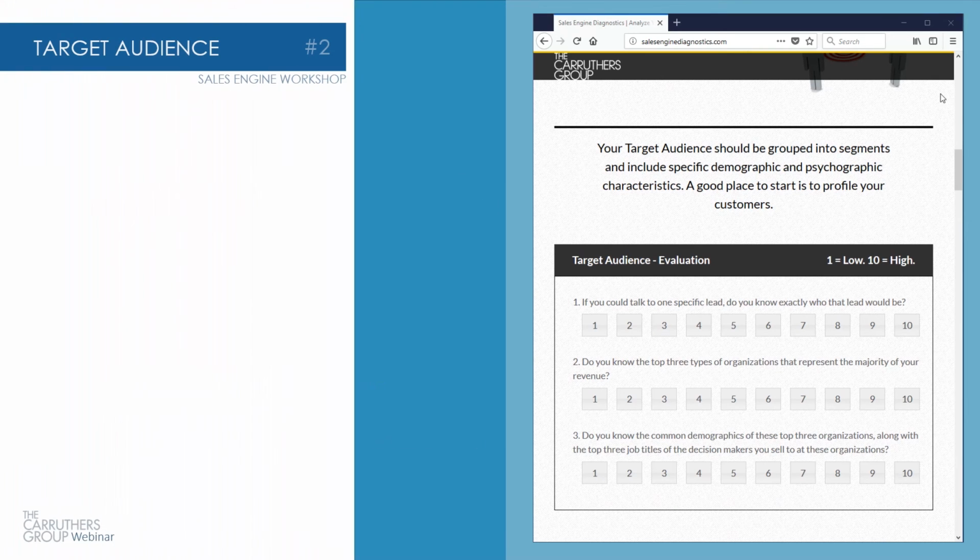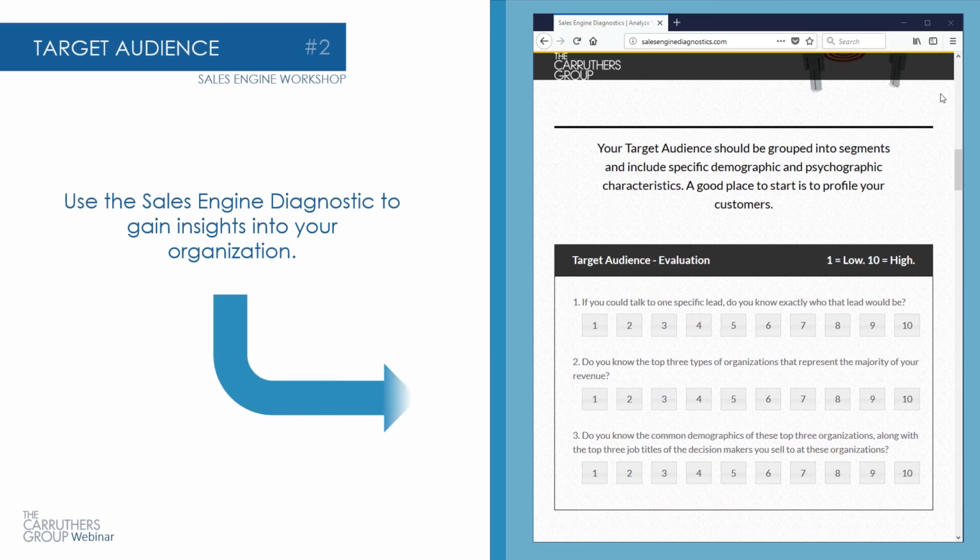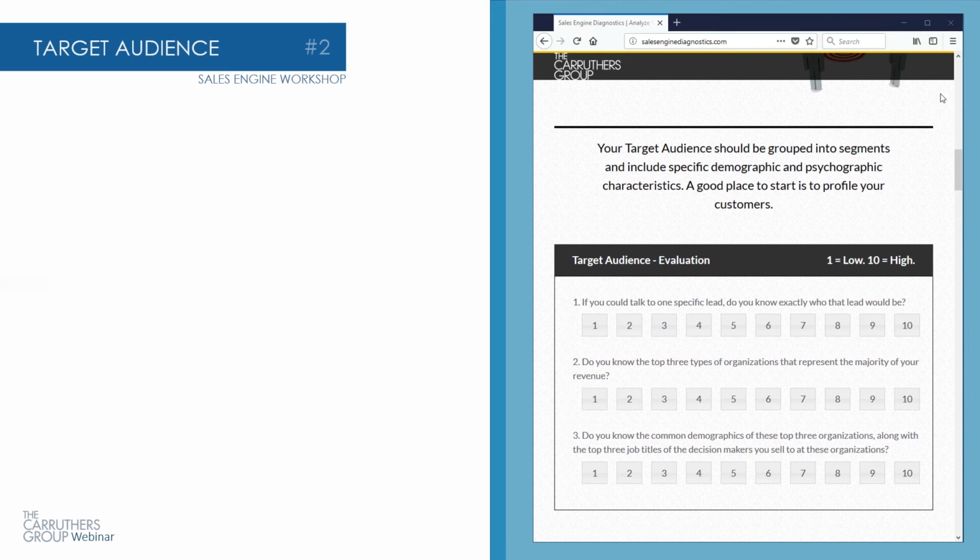It's not the executives. So in this exercise, as you look at your score, if you're a 7 or 8 or 9 or 10, you're probably doing great. Spend a little bit more time, think through it. But if you're less than that, I highly recommend you get your team together, look at your current customer set, and just start finding out what they have in common. Are they typically male? Are they typically female? Are they regional, national? What's their job title? Where do they work? And start creating what we call a persona, or just a summary of what your target audience is.